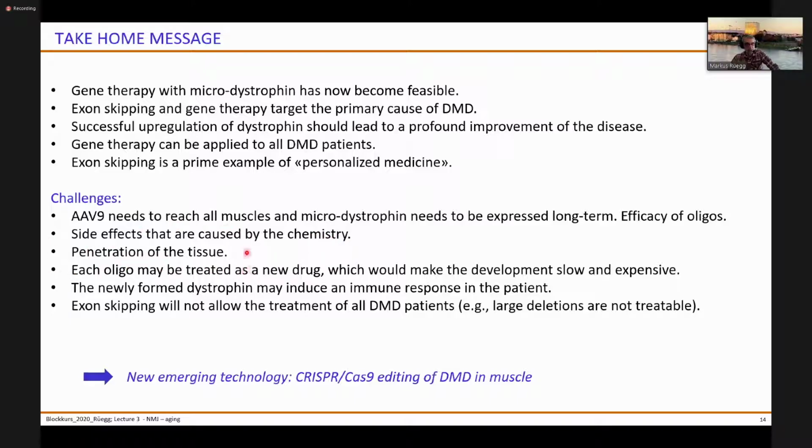I also mentioned that penetration of the tissue is an issue here, and that the other challenge is that each oligo, if it targets other exons, is a new drug, because it may also have other side effects. This makes development very slow and expensive, because you need to do all the toxicology before you enter clinical trials. And the more oligos you generate, the fewer patients you can eventually treat. I told you exon 51 is the most frequent one. But if you go down to where only 5% of the patients can be treated, then companies will calculate that it's maybe not worth the effort